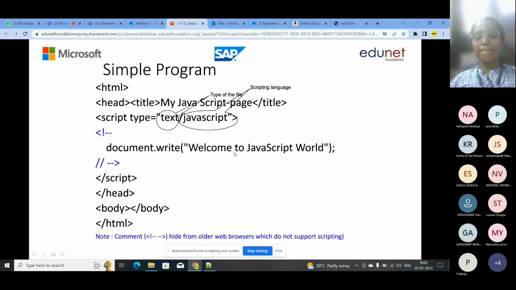So this is a simple program they have given. See here, this is normal basic HTML coding. Within this, I have something called a script element. Within the script element, you might mention a type attribute, or you don't need to mention it. Okay, this is not mandatory. If you don't specify it also, you will get output. Within this I'm going to give document.write. If I give it like this, my coding will get output like this. So see here,